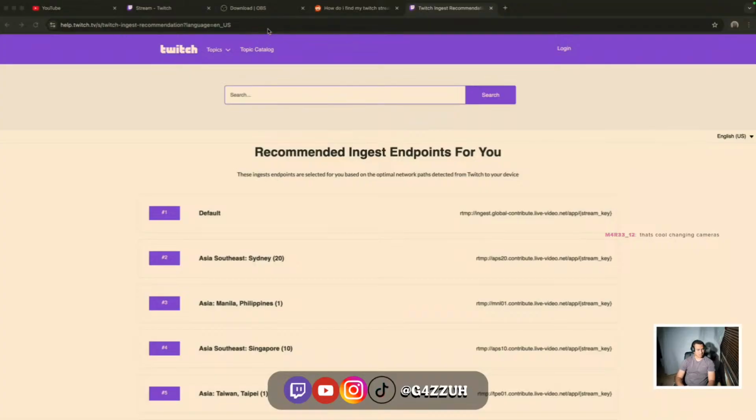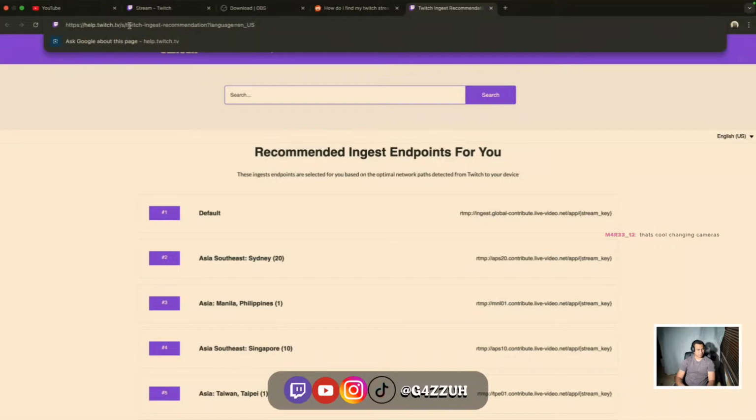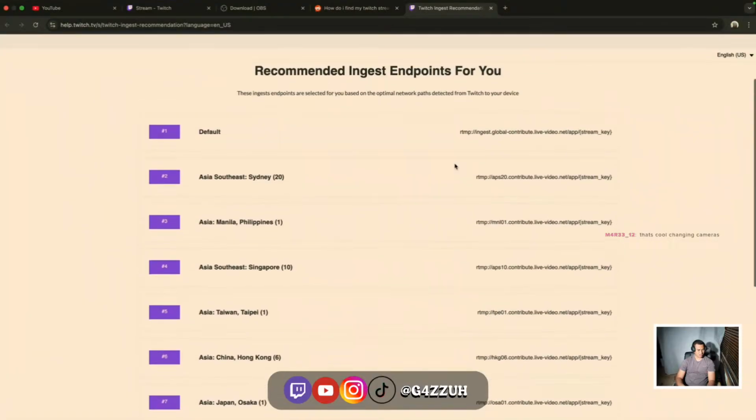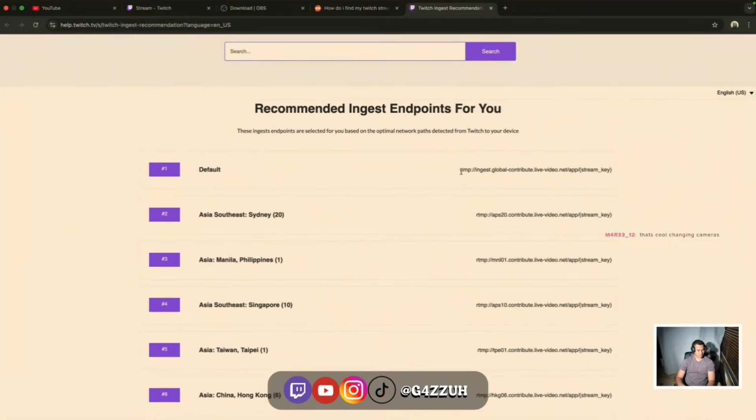You'll want to head to this URL, help center, which is the Twitch ingest recommendation. Here we can grab the closest node for us. In my case, Sydney will be the closest. You can go with the default one there, but you can grab this, and it says stream key as well there. You can copy that,